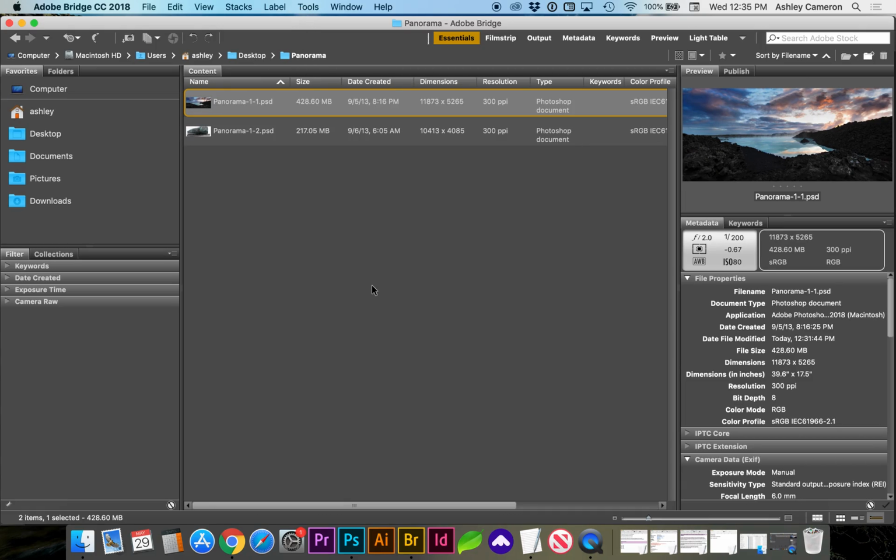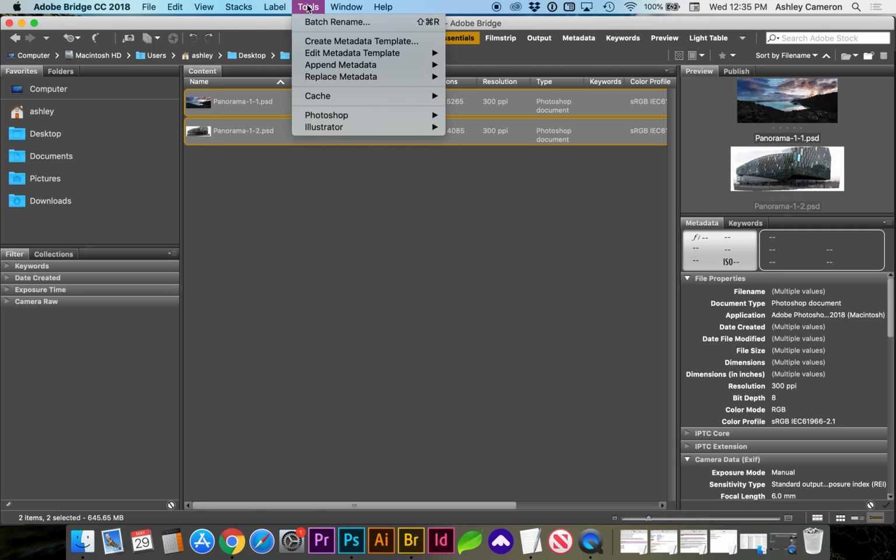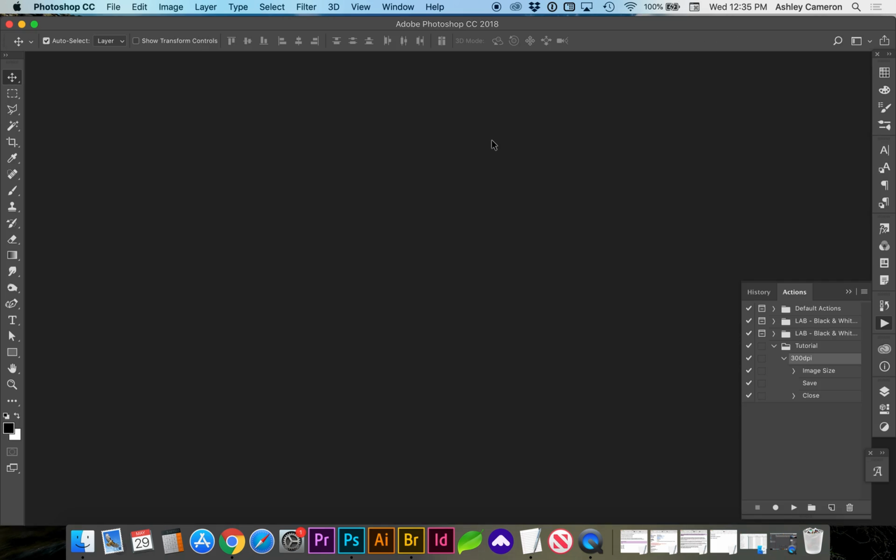Let's look at how to batch save multiple Photoshop files using Adobe Bridge and Photoshop. So this will save you a ton of time if you have several large Photoshop files like this, if you have a whole list. So I'm going to select all the files that I want to save as JPEGs, go to Tools, Photoshop, Image Processor,